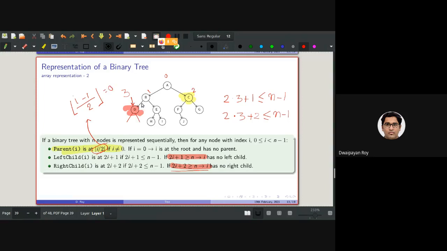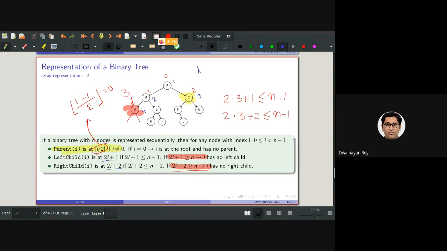And it will also work for others as well, I believe. The other solution is using a numbering, say 1, 2, 3, 4, and so on. Now tell me, we need to modify this. Left child is at 2i plus 1 and right child at 2i plus 2. How should we be changing it?